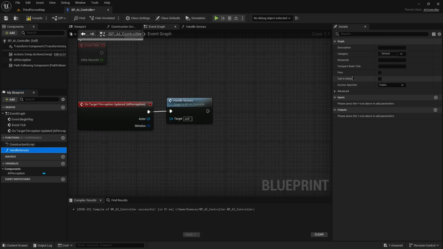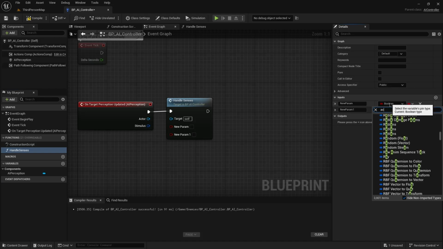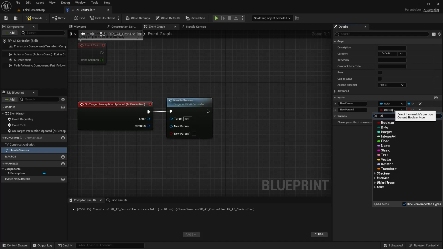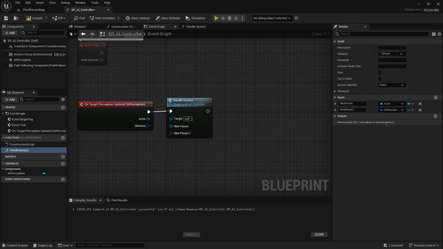So in our handle senses, we're going to add two variables. First is the actor, and then AI stimulus. We'll call this an actor and stimulus. And now I'll just right click, duplicate this one,